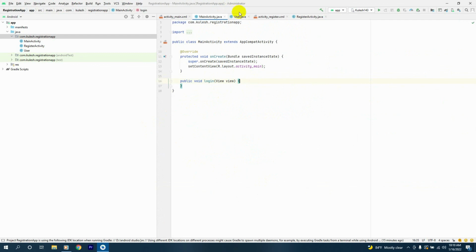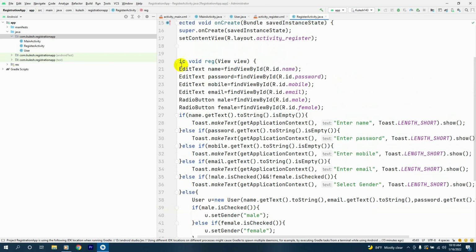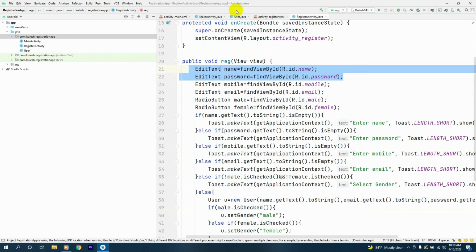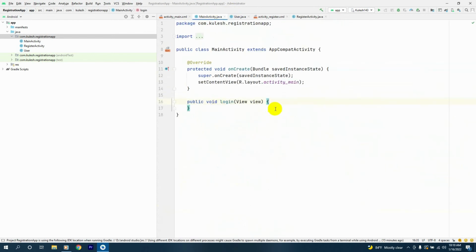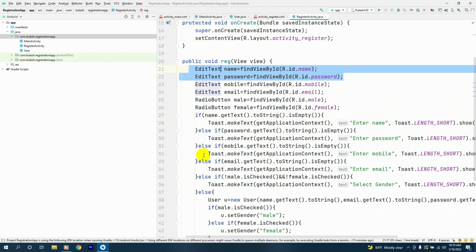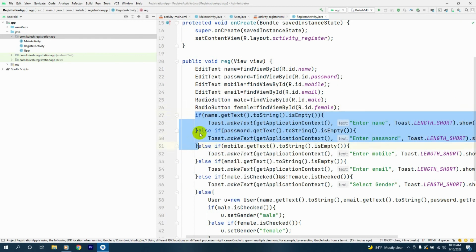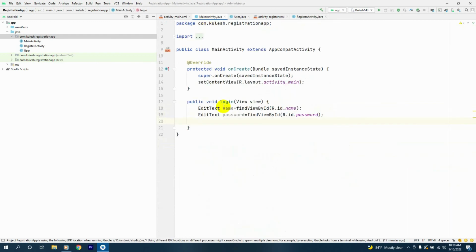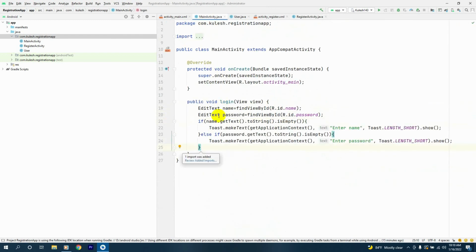Alright, now we'll call the main activity. Here in the main activity, we'll have to have these fields, name and password, copied and pasted here, and after them we'll copy these lines from here and paste it here, and finally we'll have else